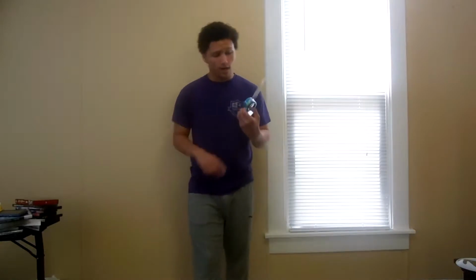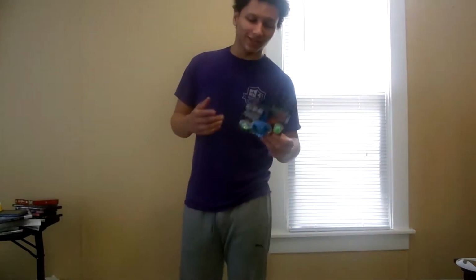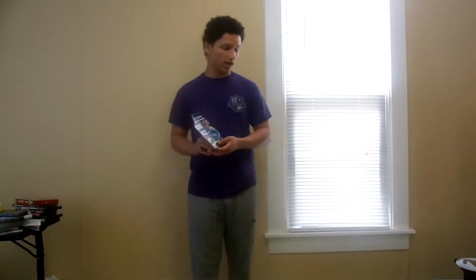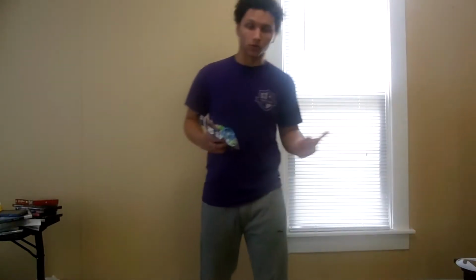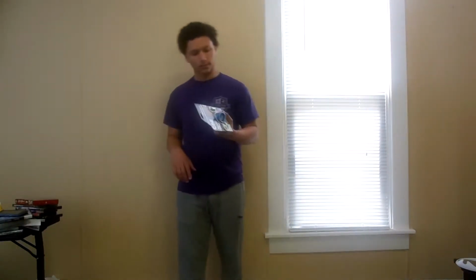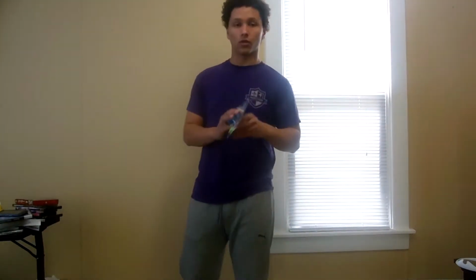YoYoFactory 1. Now, this is a beginner yo-yo. Basically, I got this from Toys R Us, and that's where I got the world's smallest Duncan yo-yo. But, basically, if you go ahead and order